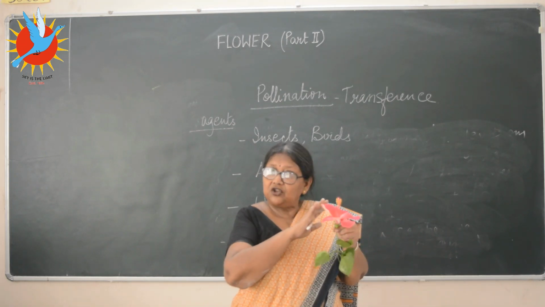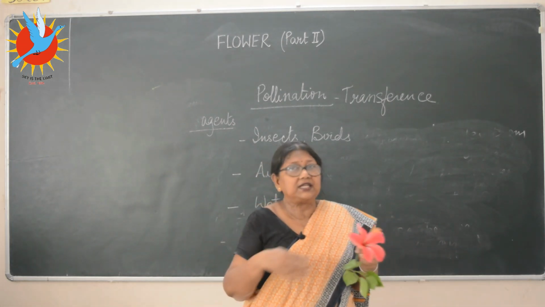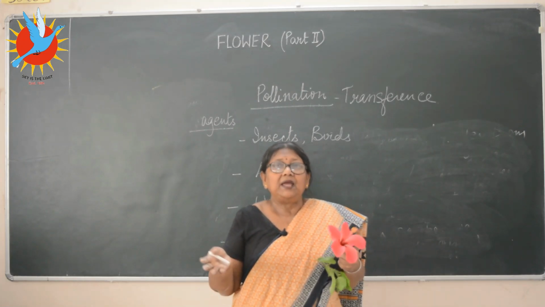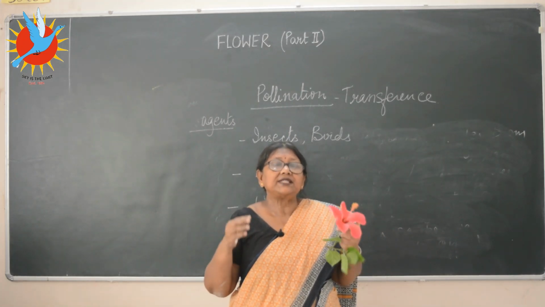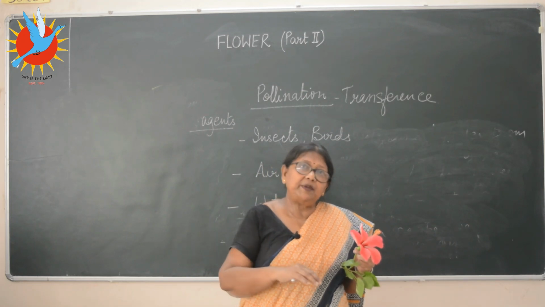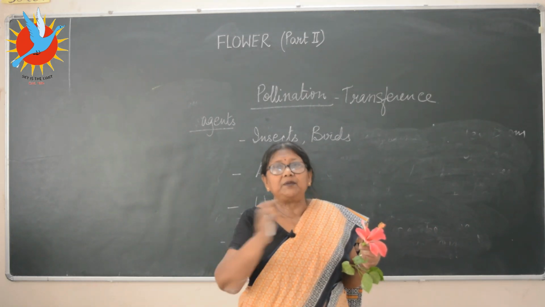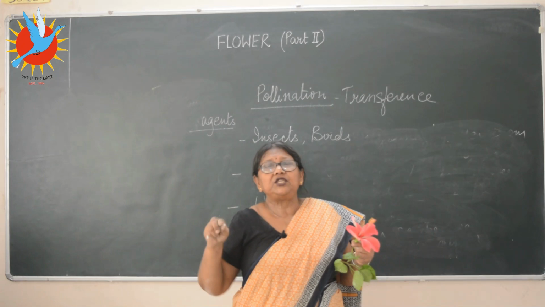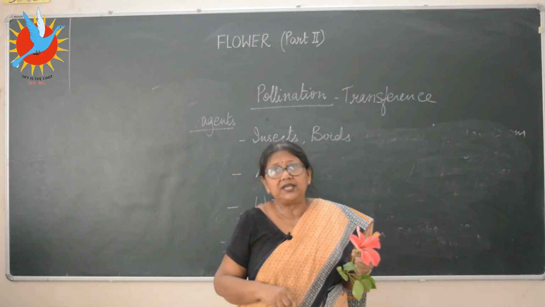For that, flowers need not be colorful, need not produce nectar, need not produce a sweet smell. But they have to produce pollen grains that are light and plentiful, so that they can easily be carried by wind. As they are carried by wind, they drop off somewhere in between on different plants and the pollination is effected.